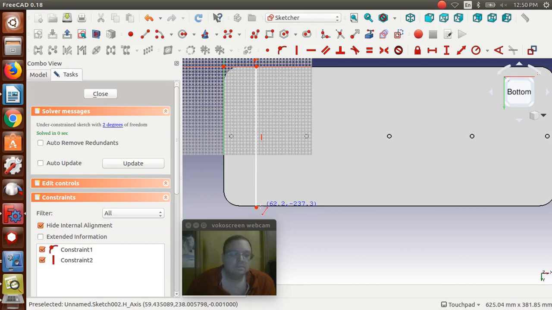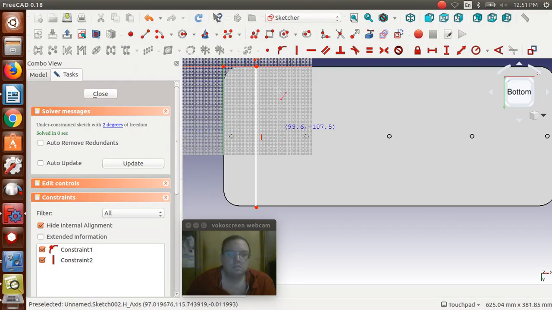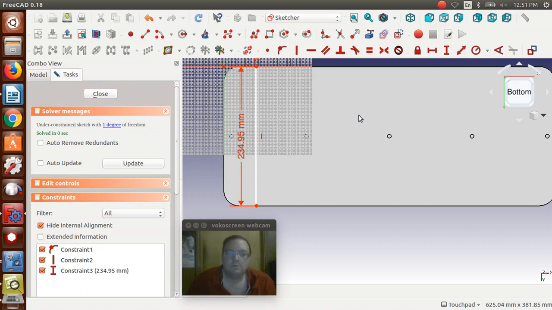And we're going to set that one so that it is the same 234.95 millimeters. I hit escape so I get a line. 234.95. We're going to make that line a construction line,